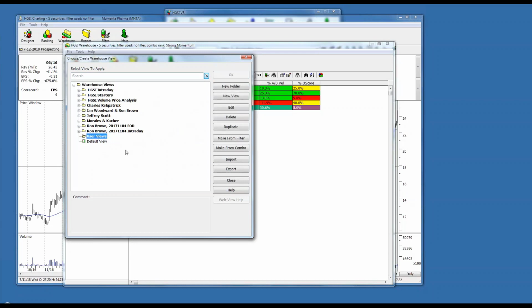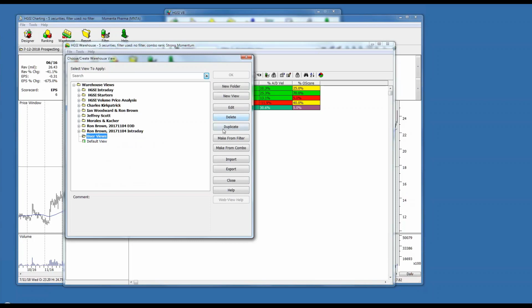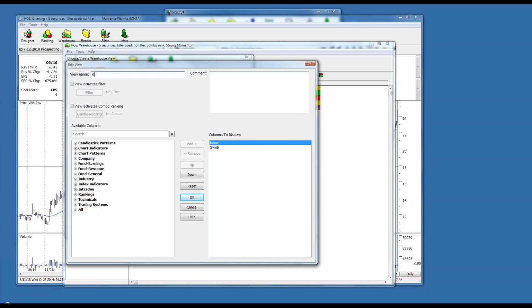In this case, we're going to make our own view. You can also organize views in the choose create view dialog, which is where you organize views. You can move them around, rename them, delete them, duplicate them, edit them, and make your own folders, and there are a few other utility functions as well. So just like in the charting, we're going to go into new views, and we're going to make a new view, and we're going to call this